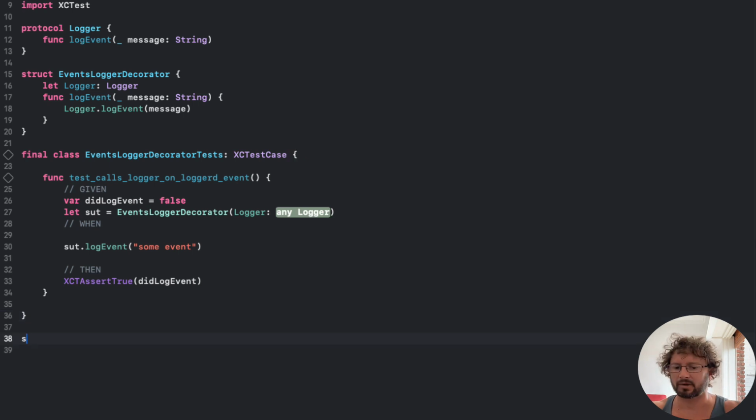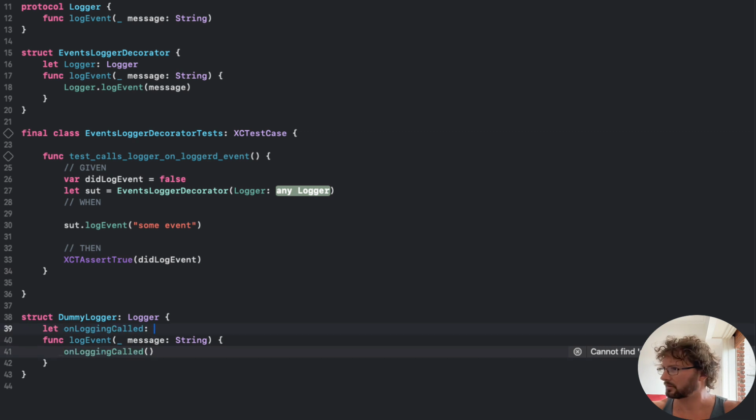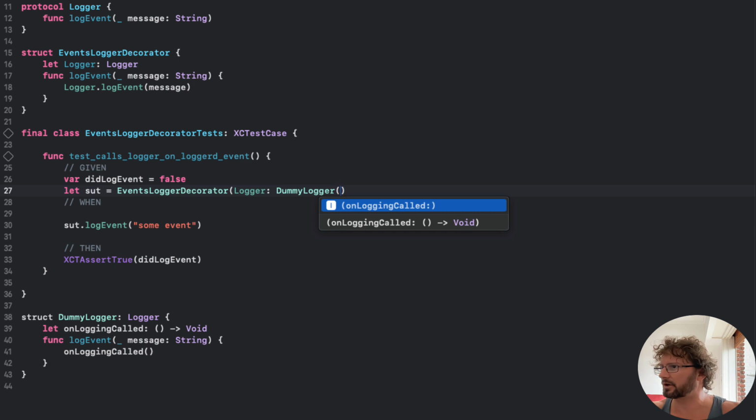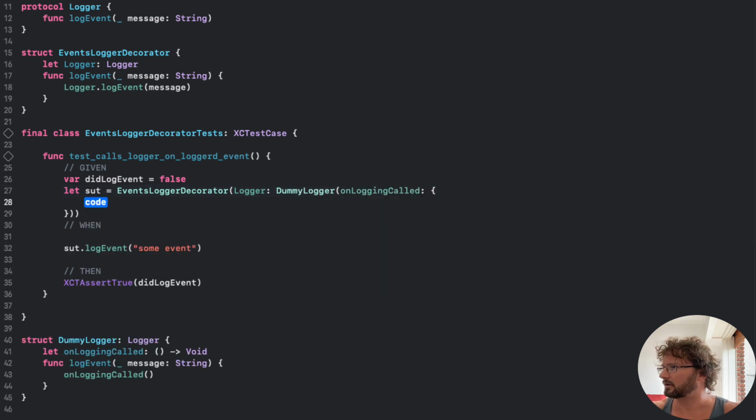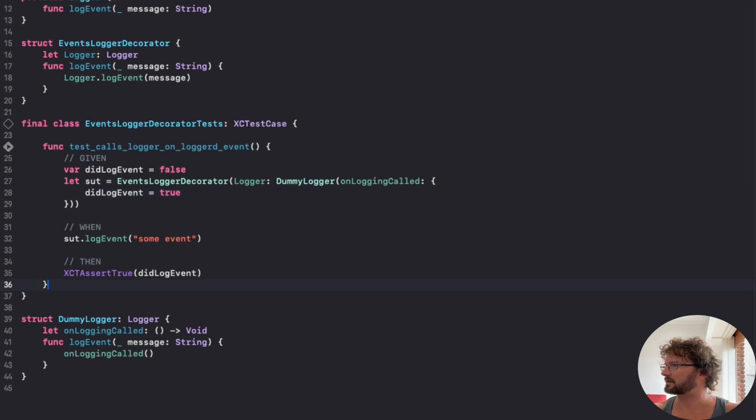Now we need to inject the logger that we want to use, and for testing purposes, we're going to implement a struct dummy logger, which is going to implement the logger abstraction. So we can have some kind of closure that can be invoked, and this closure does not receive arguments and does not return any arguments. Now we are in conditions of injecting this dummy logger, and in the callback we're going to be setting our boolean to true, which is the behavior we want to achieve right now. Let's run the tests,